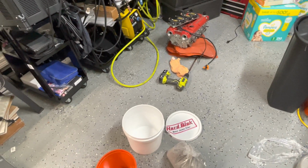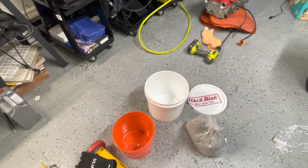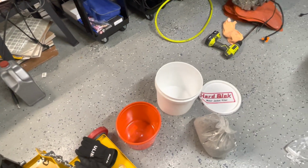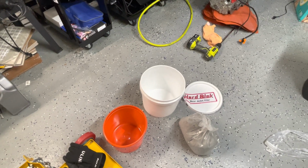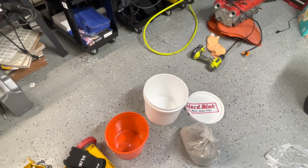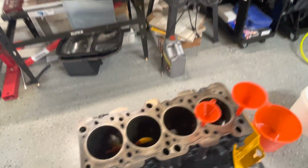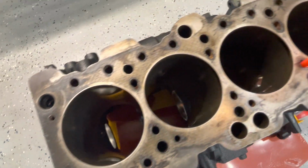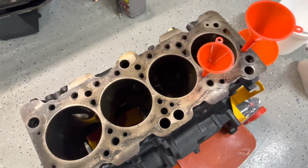It will make it to where it won't settle as fast as if you use warm or hot water. If you use hot water, it's just going to get hard instantly. So if you use cold water, it'll give you more working time with it. And with these coolant passages being so small on the deck of the block, we need time to pour it